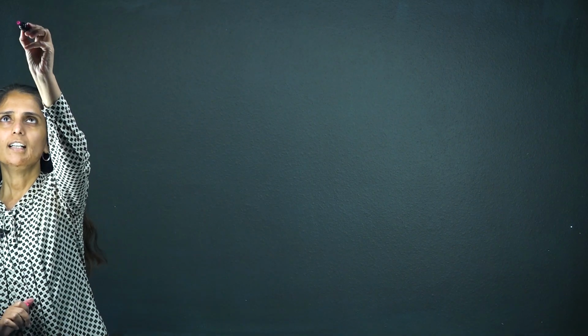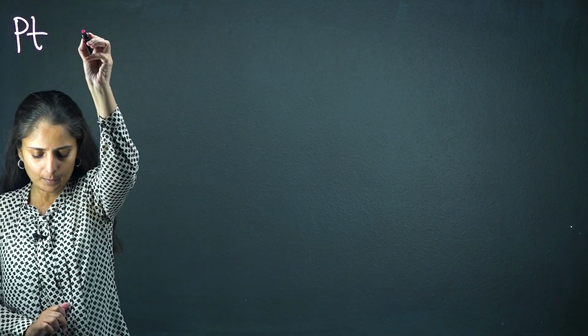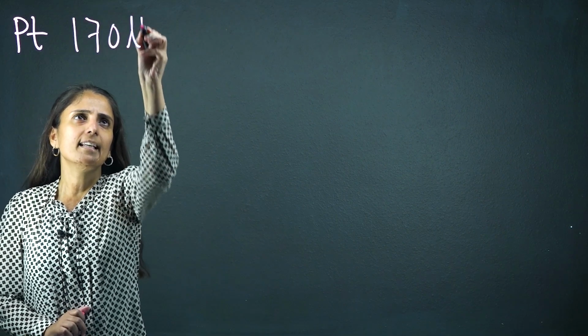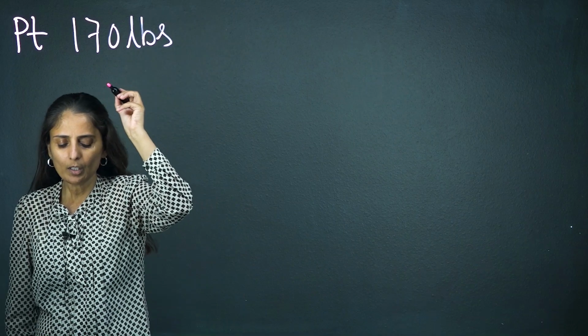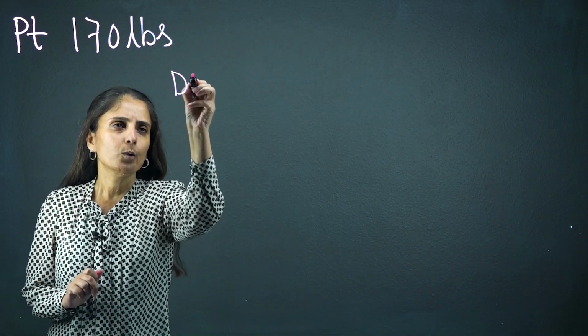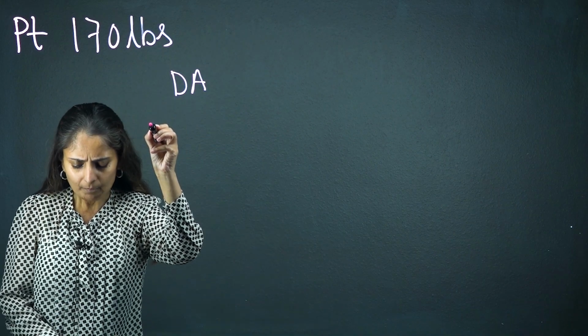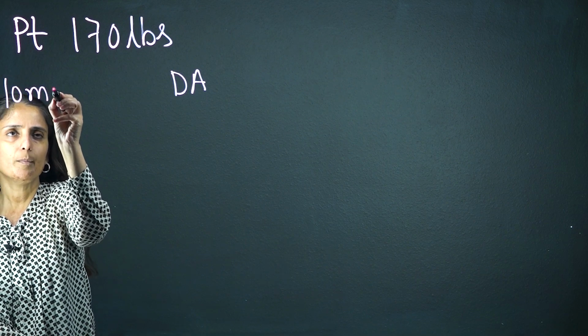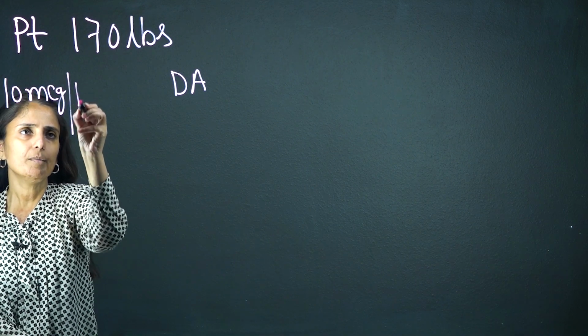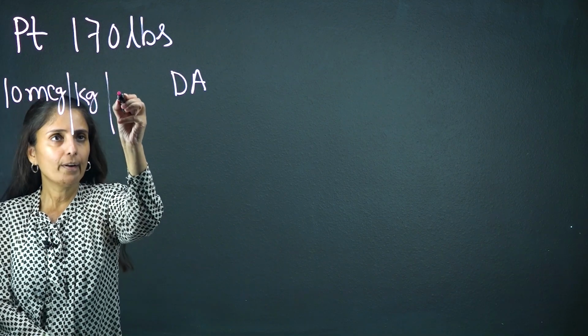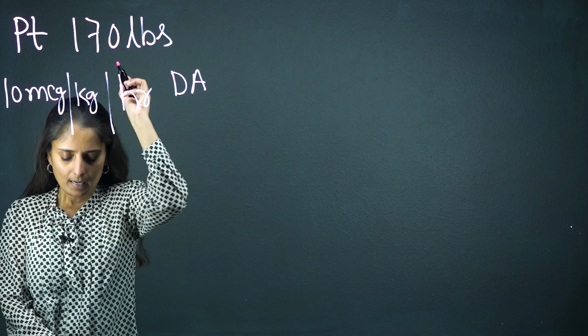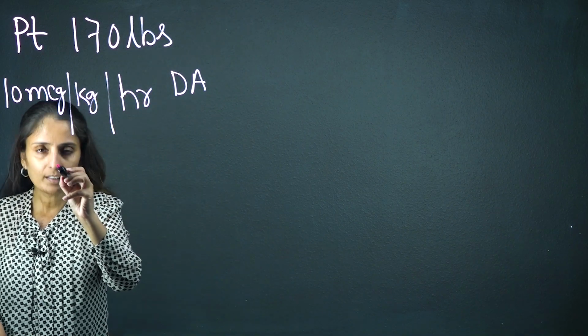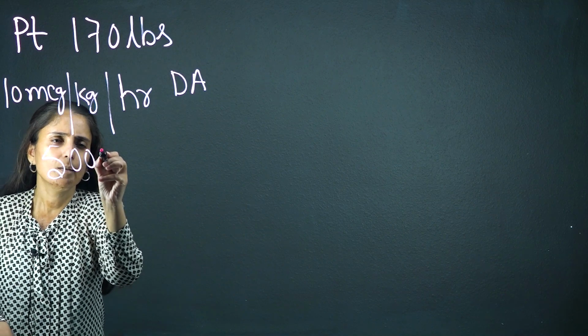So again, weight-based dosing means you will have a patient-specific weight that will be given to you. So we'll take an example of, say, a patient who weighs 170 pounds, okay? And then we are going to talk about a drug called dopamine. Usually it is used more in a hospital setting. It usually is dosed in micrograms. So the patient's dose is going to be 10 micrograms per kilogram per hour, okay? And then the drug is available in a 500 milligram